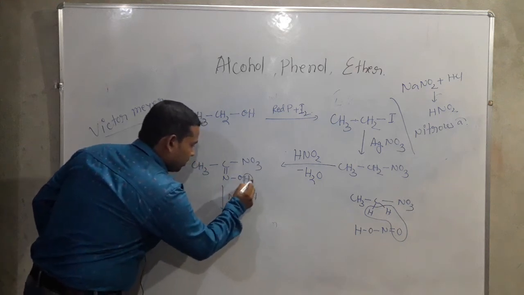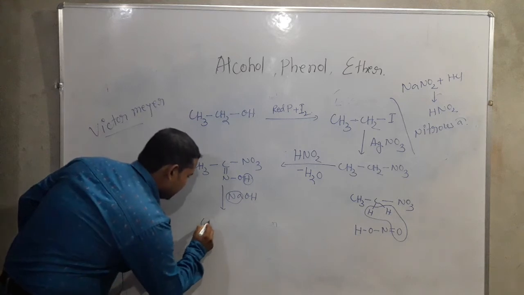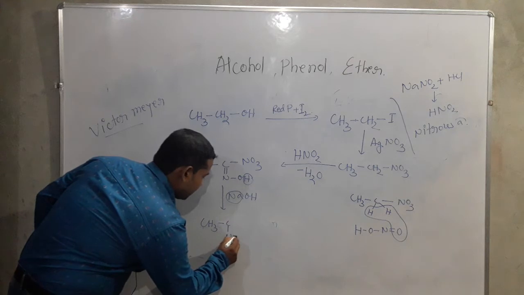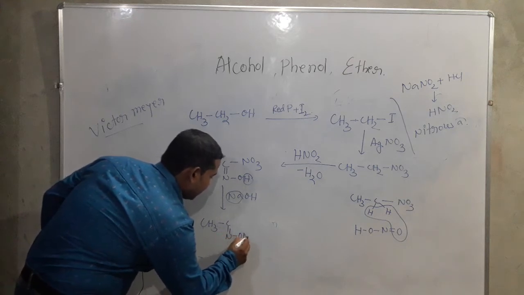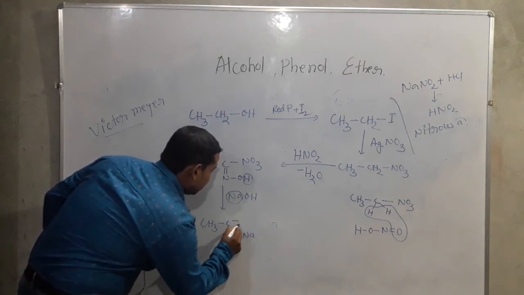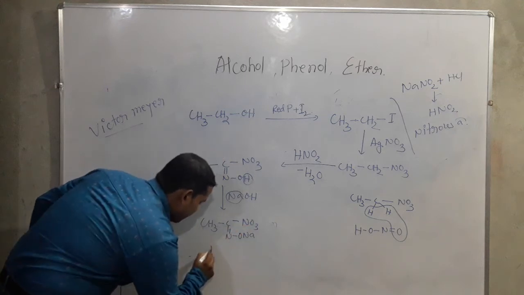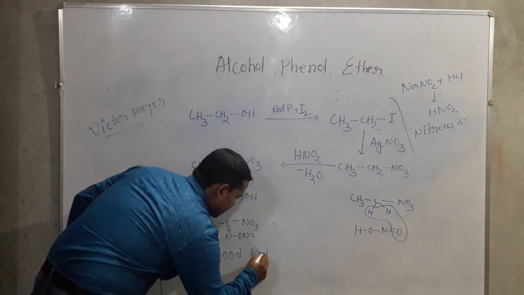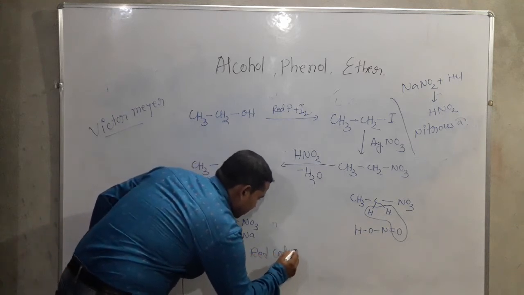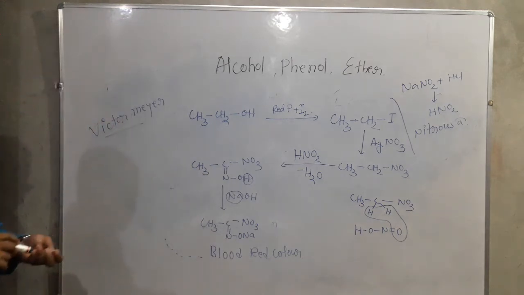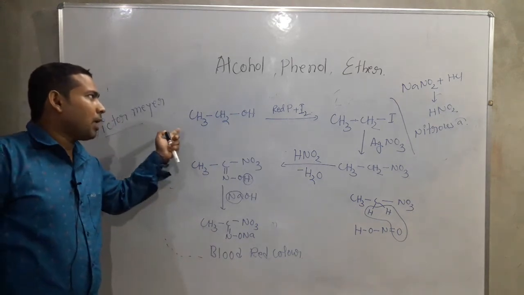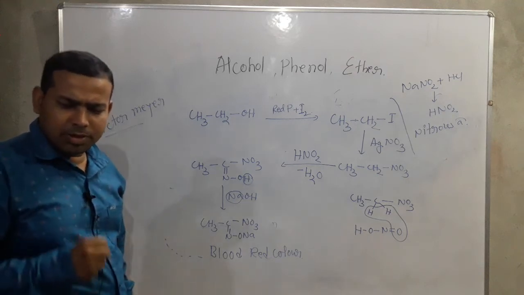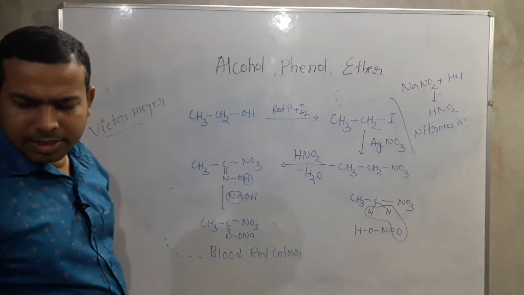This hydrogen is replaced by one sodium: CH3, C, N, double bond N, then ONa, single bond NO3. This is blood red color. Clear? This is known as blood red color. So primary alcohol shows blood red color according to the Victor Meyer test. Clear people? Next one is